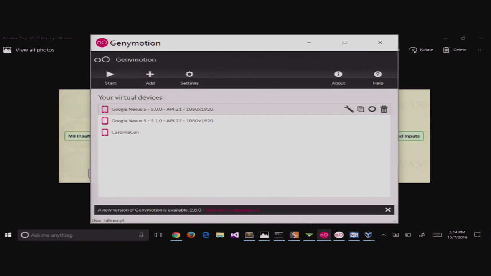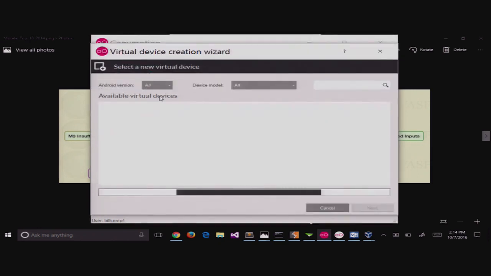Genymotion is a wonderful tool built on VirtualBox, which is an open source Sun product, or used to be a Sun product. I'm not sure if it still is. They have a bunch of pre-unlocked bootloader sample ROMs for phones.